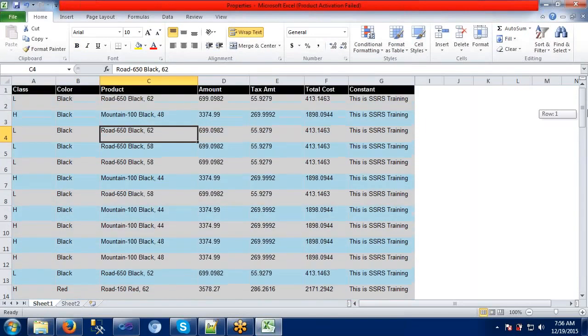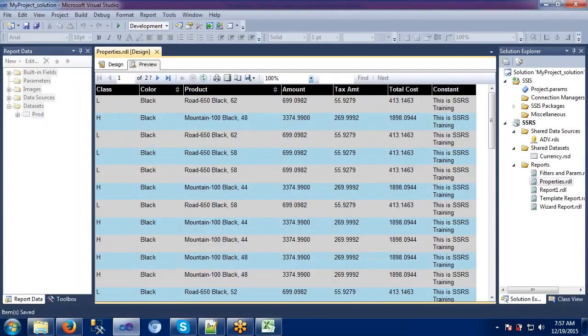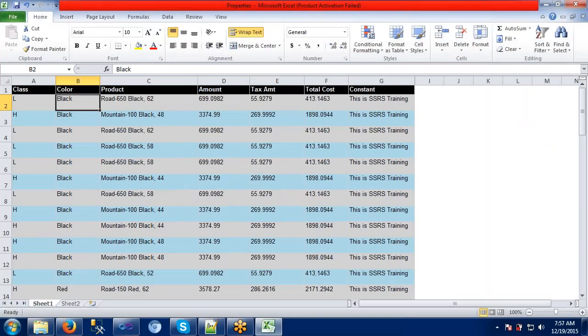But what I mean to say here is, let's say if we have some parameters in our reports, then how will the end user understand that we have used the parameters? He doesn't know, right? So how to handle that situation by using these expressions?